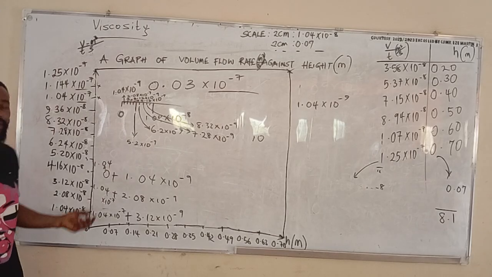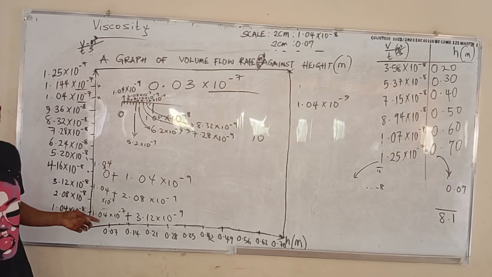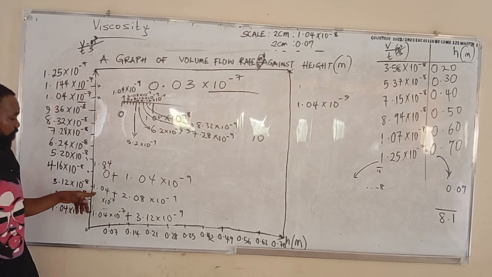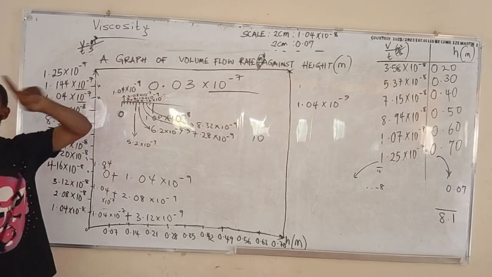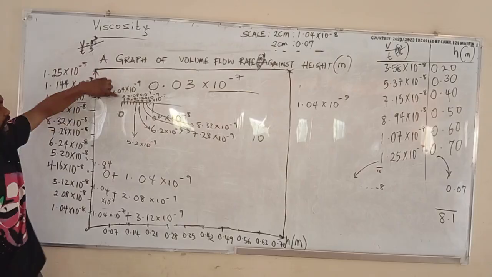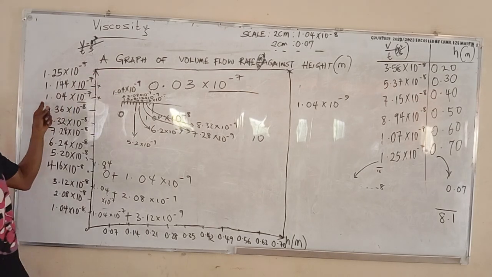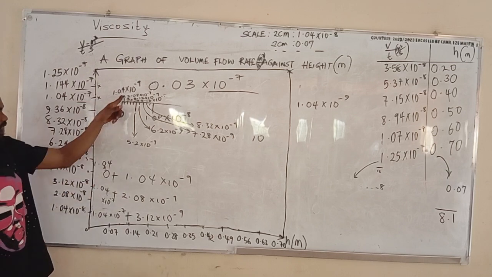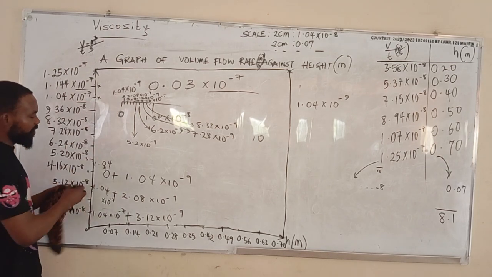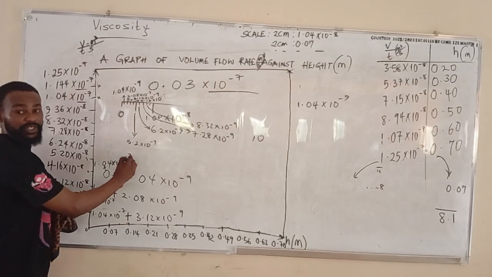See now, see what I'm saying. This one is already on 1.04. I have to pull out all the things it has since it's having individual one. I now said, let the 0 mark here be replaced by this 1.04. I've replaced it. Now, if I add the first one with that 1.04 times 10 raised to power minus 7,